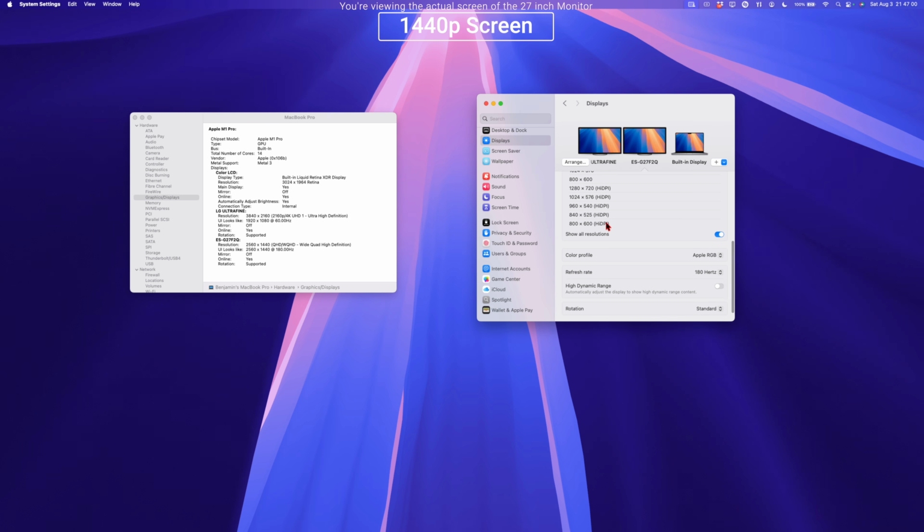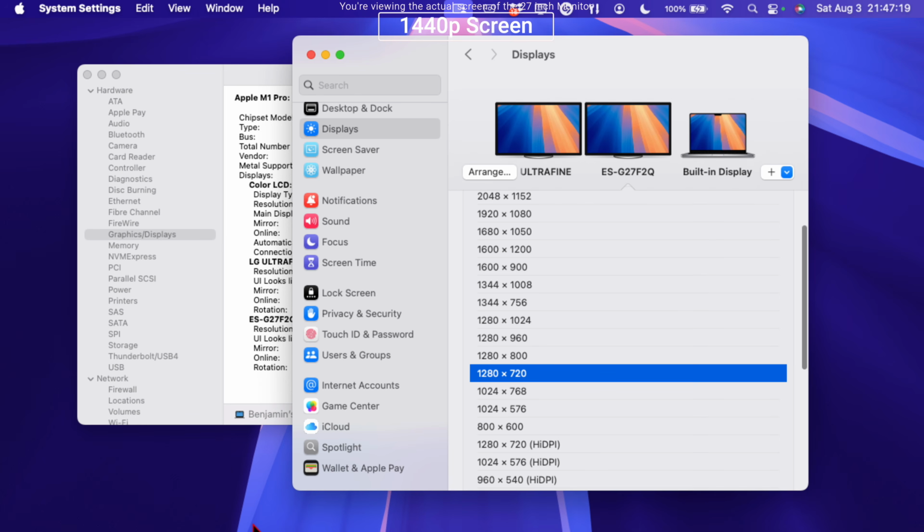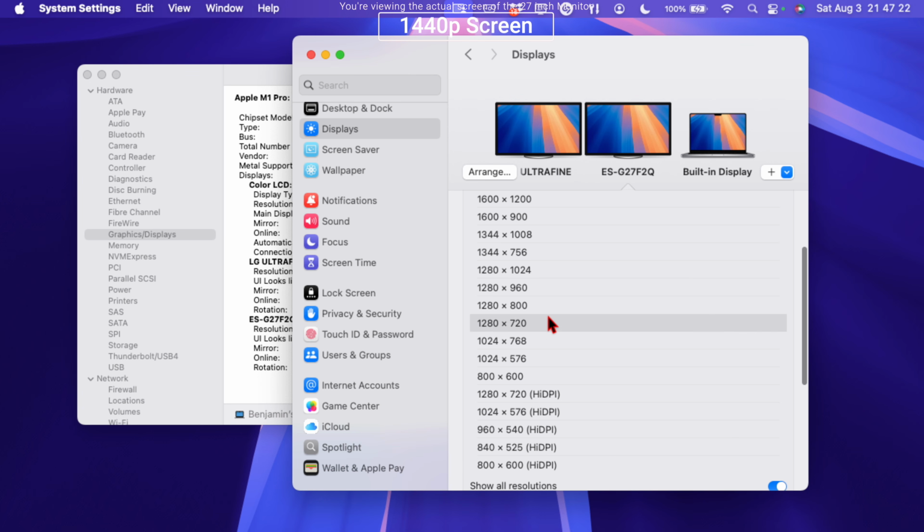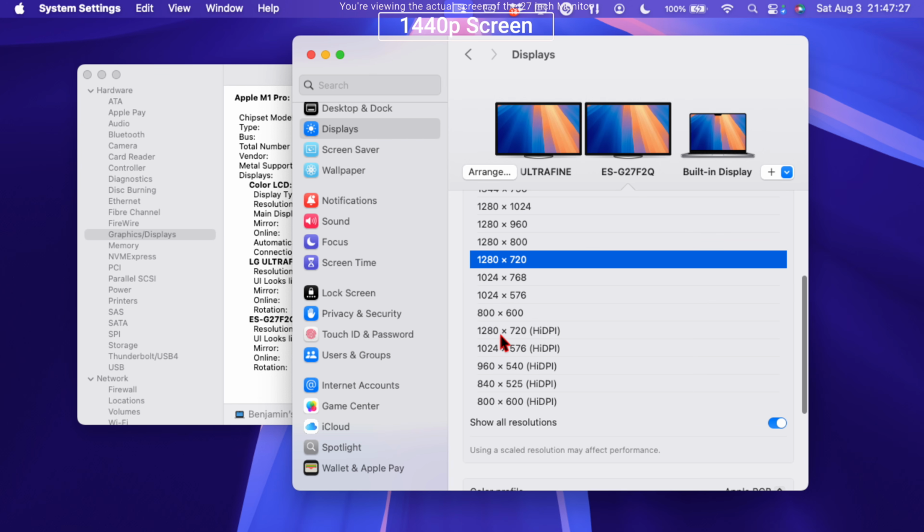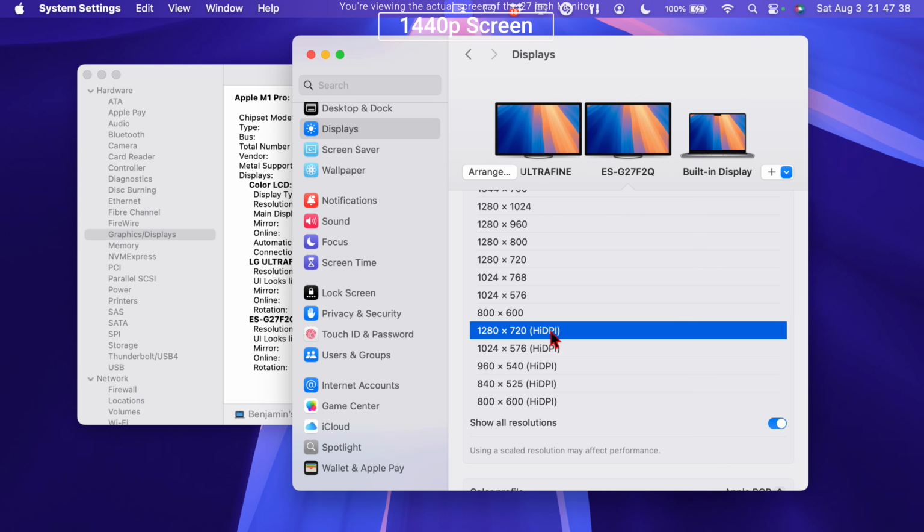And basically when selecting display settings, HiDPI means high dots per inch, and on macOS display settings this refers to a high resolution display that renders the user interface and applications at a higher pixel density. So for example, if we were to select 720 right here on a lower pixel density, you can see how it looks on this 27-inch 1440p monitor. But then if we go to 1280 by 720, which is the same one but on the high dots per inch selection right here, you can see how much clearer